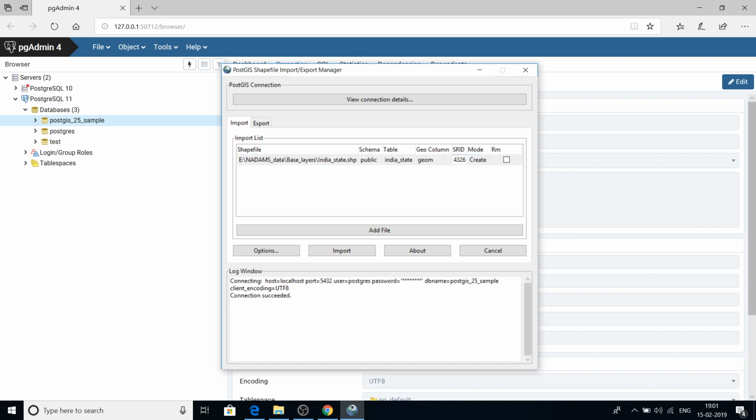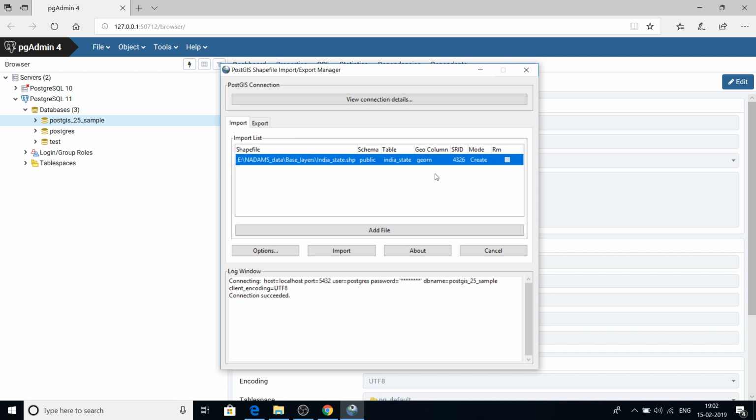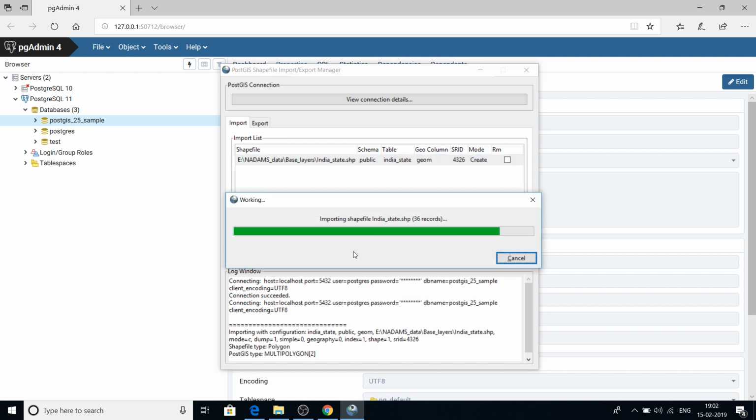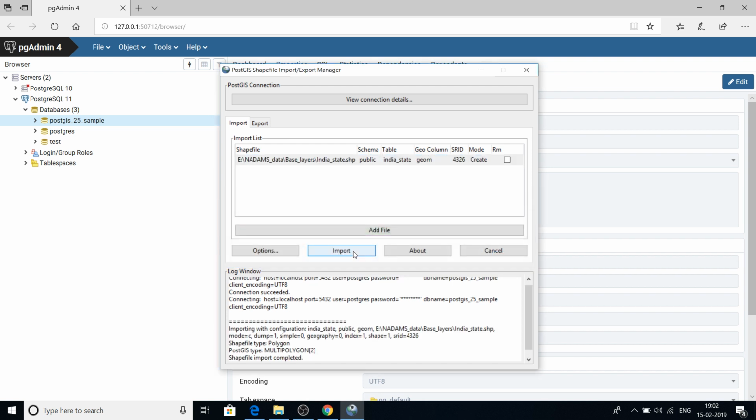So I have my shapefile in a spherical coordinate system, which is the simple geographic coordinate system. The EPSG code for that is 4326, which you can easily search on Google. Suppose you have a shapefile in UTM zone 44, then you will have some other EPSG code for that. And you can give the geometry column any name. By default it is geom. So if you click on import,